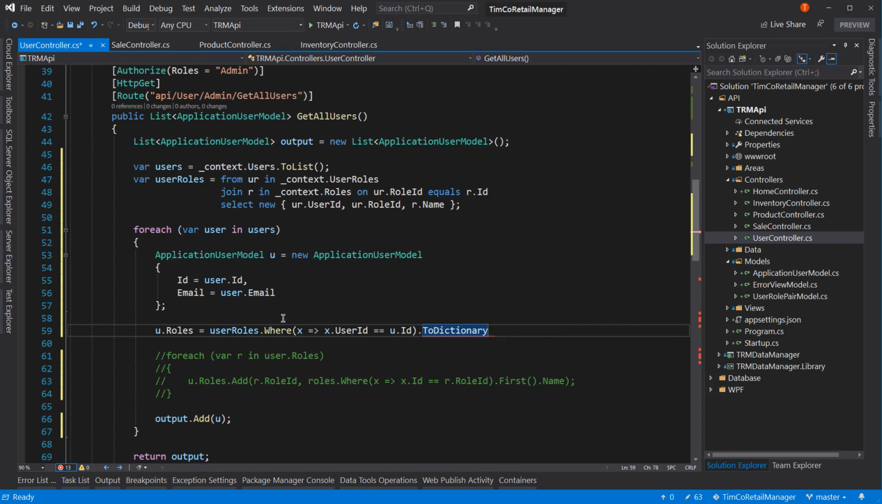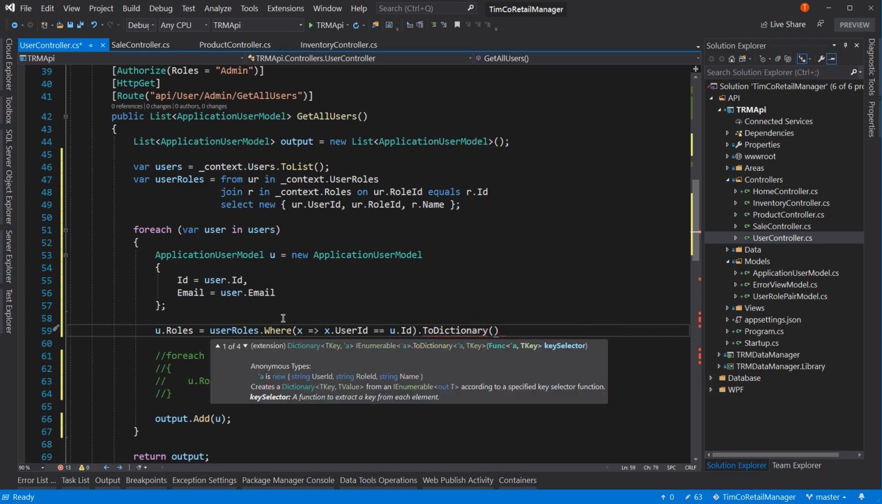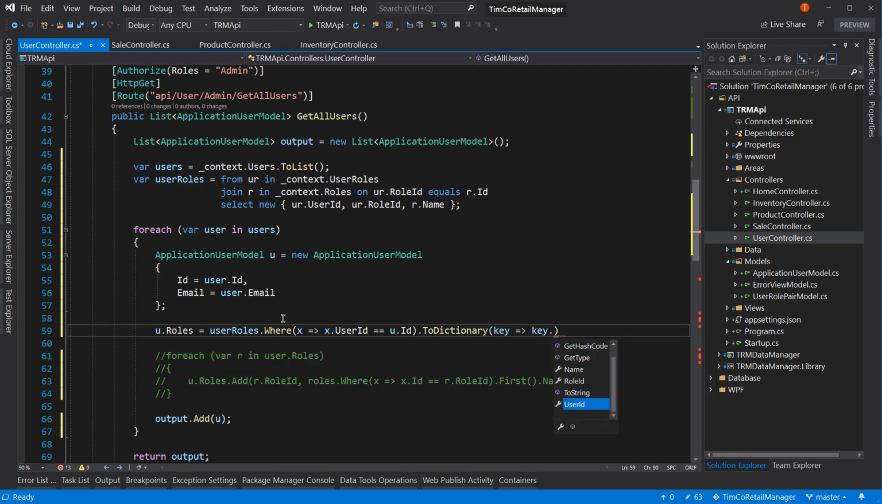And the dictionary is of type string. So we're going to start off with our key and then our value. Now you could name this X or you could name it key. I'm going to do key, but I'm not really thrilled at doing this. I'll probably go back to using X later, but I want to show you this. So I can say key equals, or arrow function, I'm sorry, key dot, and then the key is the